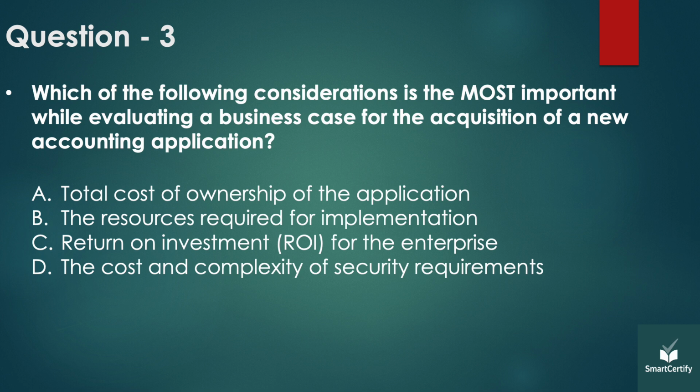It reflects how well the application will support business goals, improve efficiency, reduce errors, or help meet compliance requirements. While total cost, A, resources, B, and security considerations, D, are all important parts of the evaluation,